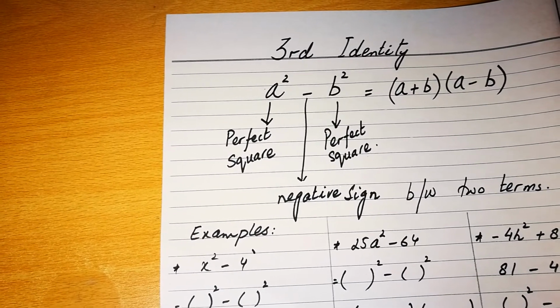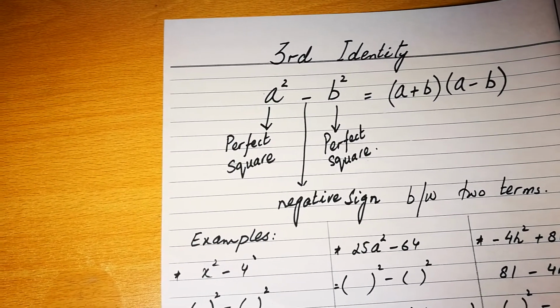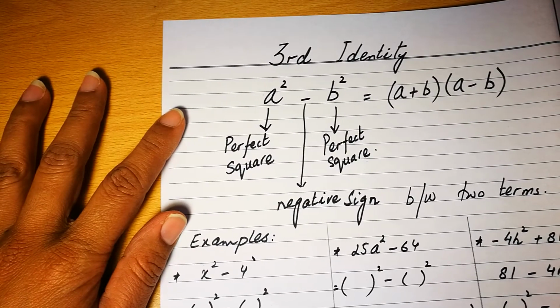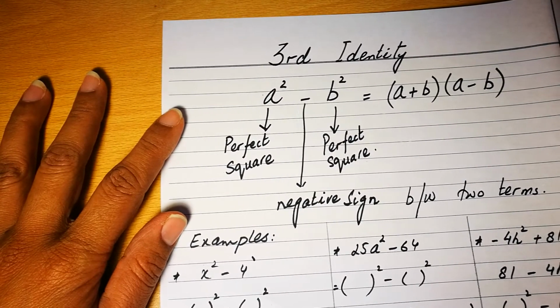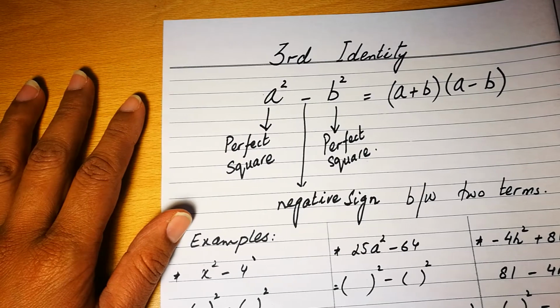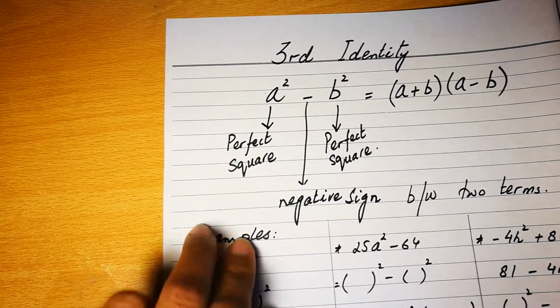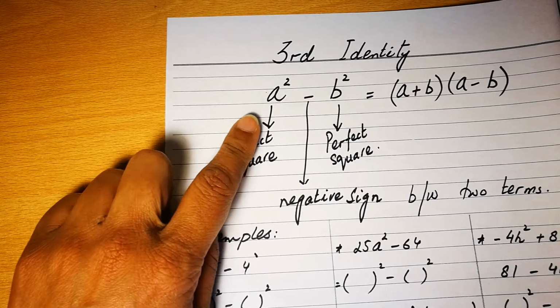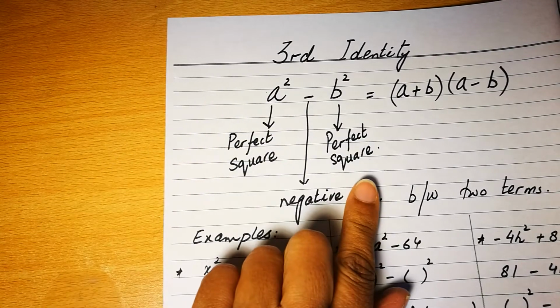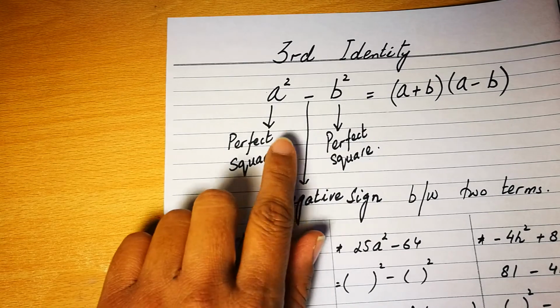Alright, we are going to talk about the third identity now. The third identity is a square minus b square equals (a plus b)(a minus b). You need to understand a few things. Number one, we have two terms and both terms are perfect squares. The first value is a perfect square, the second value is a perfect square, and you always have a negative sign between